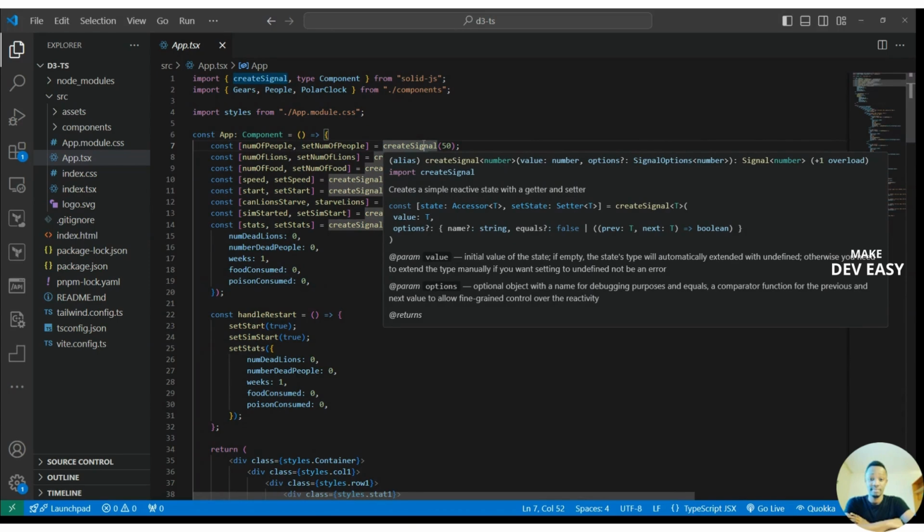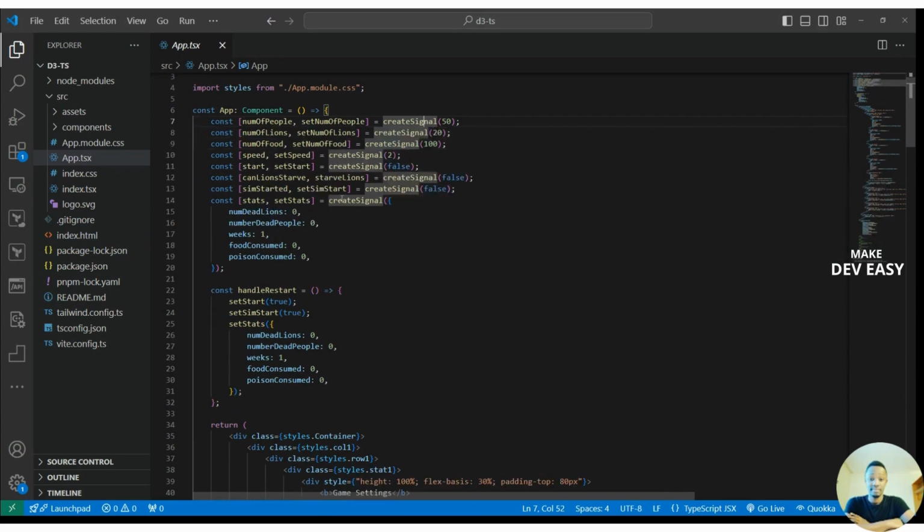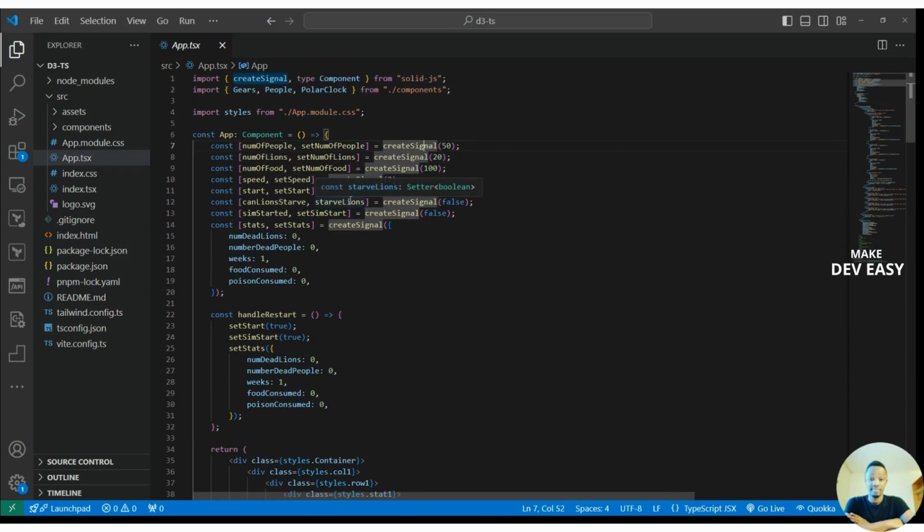This would be more or less similar to what you have in React. I think this should be useEffect, it's pretty much similar to useEffect if you're working with React. I don't know what I'd liken this to with Angular, but anyways. So I've created this bunch of parameters. I have here the number of people, the number of lions I have, the number of food, speed, et cetera,